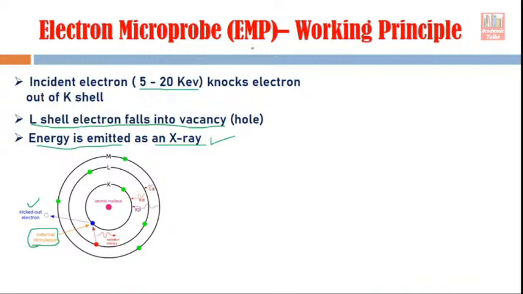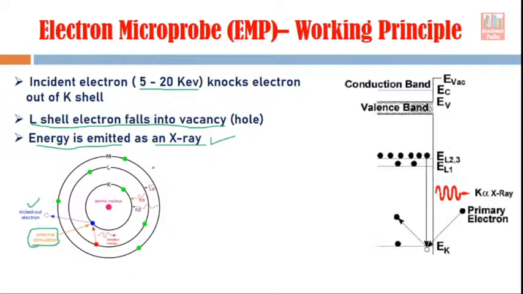we say that the electron microprobe is working now. Now this is the case of an individual atom, but most of the time we don't work with individual atoms, we work with solid materials, and in solid materials we talk about energy bands instead of energy levels. One such case is shown here. This is the example of silicon. Here you can see that there is a conduction band, there is a valence band, and their L shells are split into two different levels, and there is the K level, or you can say K shell.